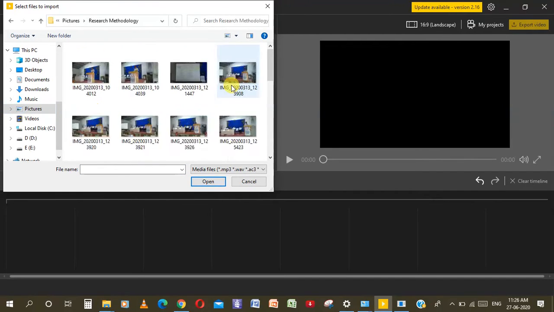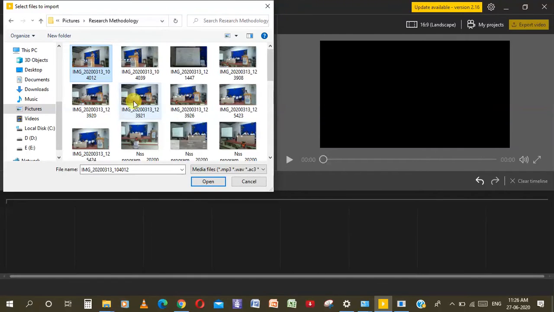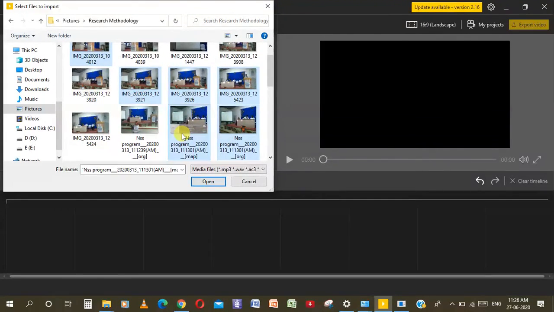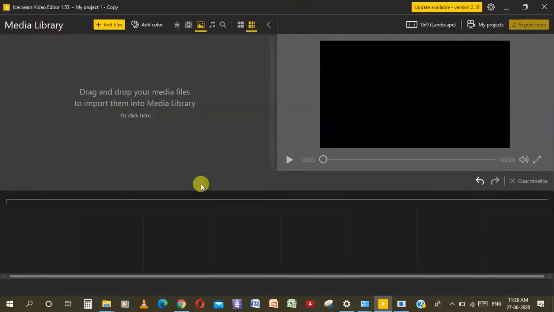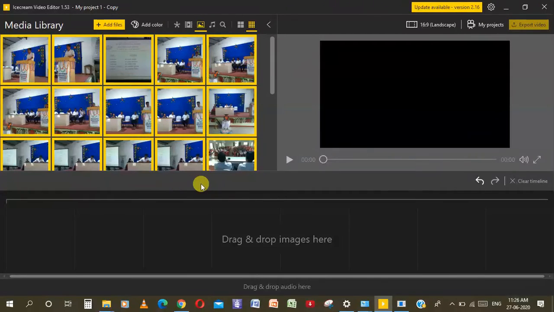Say, for example, this was a workshop on research methodology. Suppose you want the first 2, 3, 4, 5, 6 images, then you can select them and add them, otherwise you can select all and click on open. All will be automatically added.